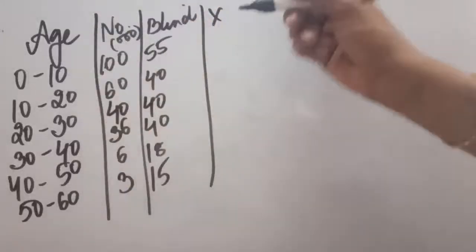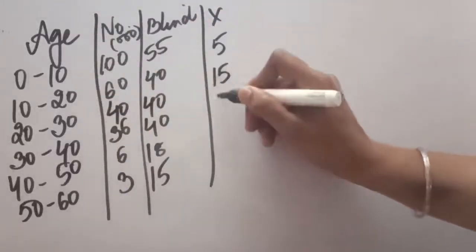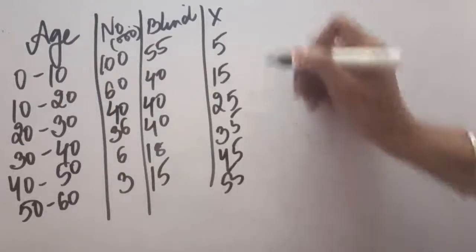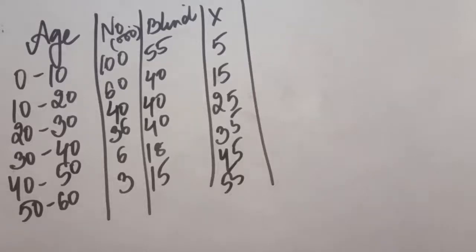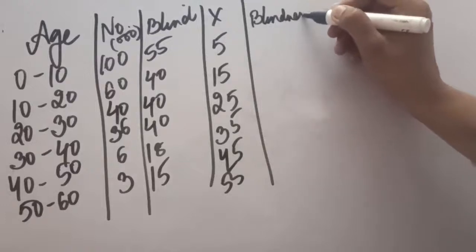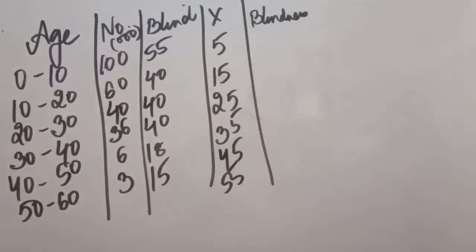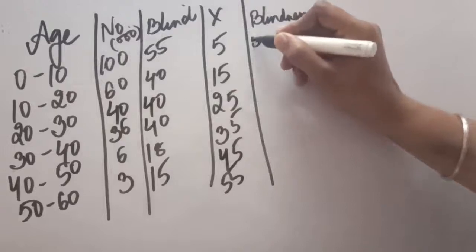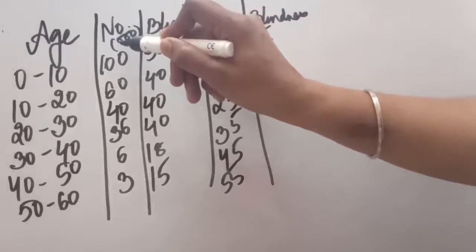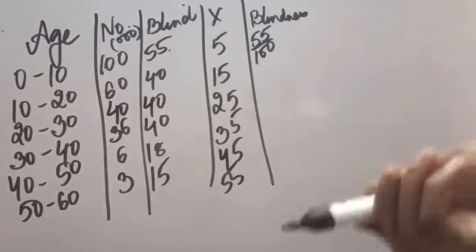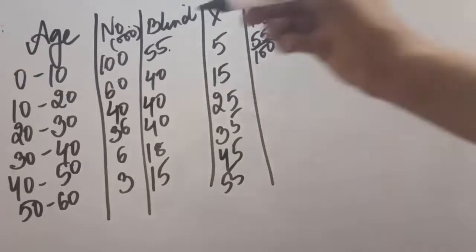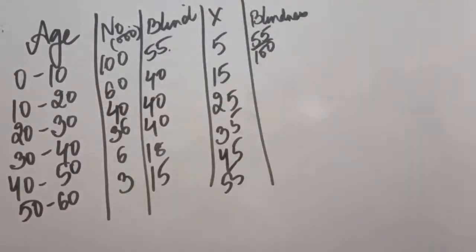So how to solve this? Of course, we can take the mid values to compute the correlation, that is, lower value plus upper value divided by 2. For blindness, we will calculate the proportion of people who are blind in that population. So we can say 55 people out of 100 are blind. Now this number is given in thousands, but as we have already seen, correlation is independent of scale and independent of origin. So we can ignore this 000.